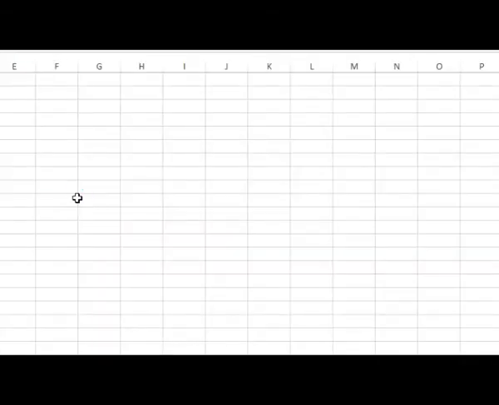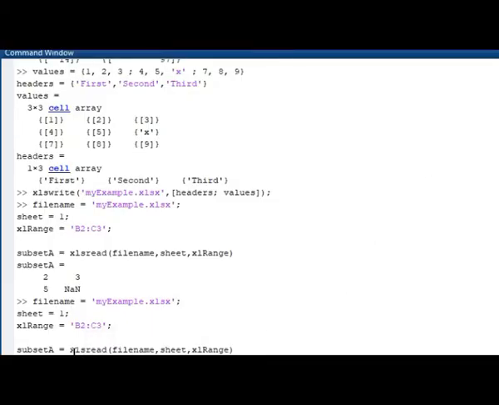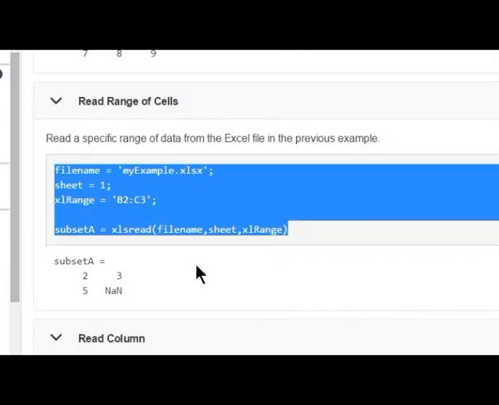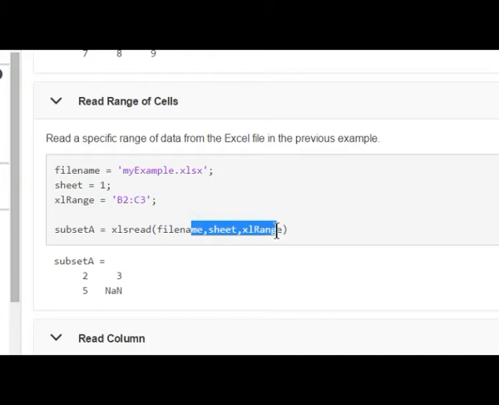So let's check the example. This is my example. It's a reading file, so it will not write; instead it will read from an Excel sheet with my file name, and the output will be stored, reading from this file name, this sheet number 1, and range B2 to C3.